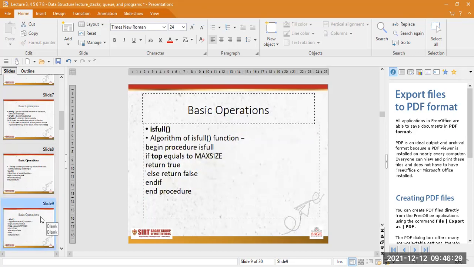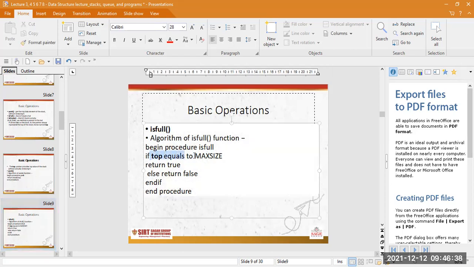Okay, then moving to your second condition, which is the full condition. If your stack is full, it will show that top equals max size. So now what is the max size? Whenever you are defining an array, you have the max size. Okay, so if you have fulfilled the criteria of max size, let's suppose there are 10 elements and 10 elements are already present in your stack, that means your top is equal to max size. That means your stack is full. So we tend to check this is full condition. If it is true, then it will return true, else it will return false.